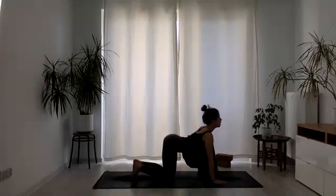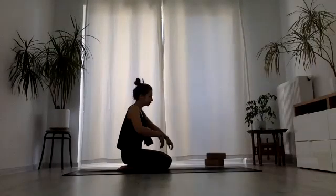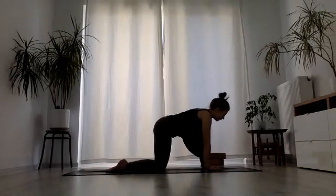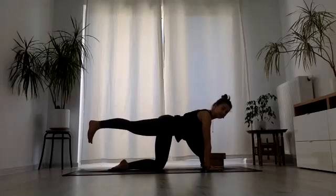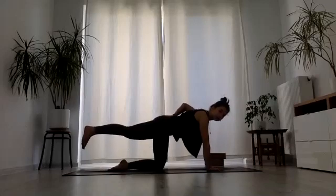Inhale. And exhale. Good. 4 more times. Pause at the neutral spine. And from here, let's inhale and bring the right leg out. Super strong. From here, exhale, lift the leg off the ground. If you feel stable here, bring the left palm on your lower rib, lower back, and see if your hips